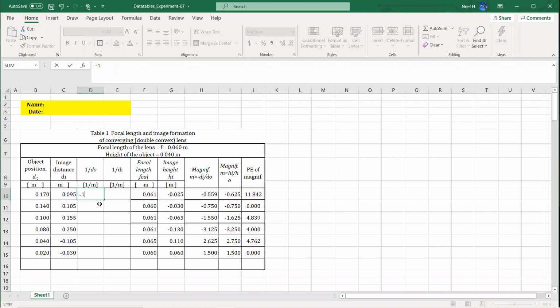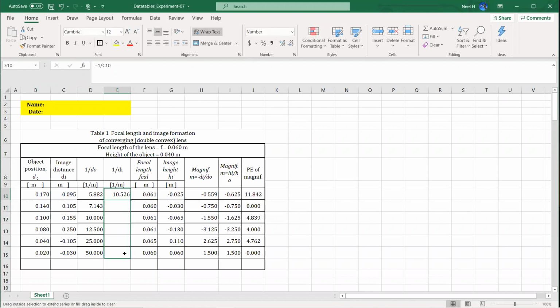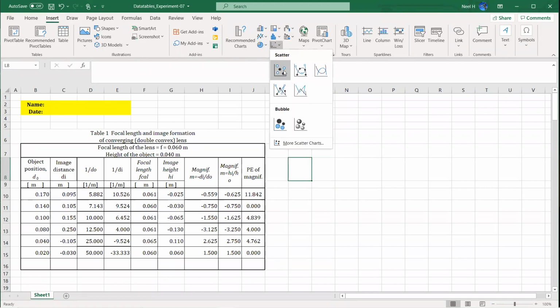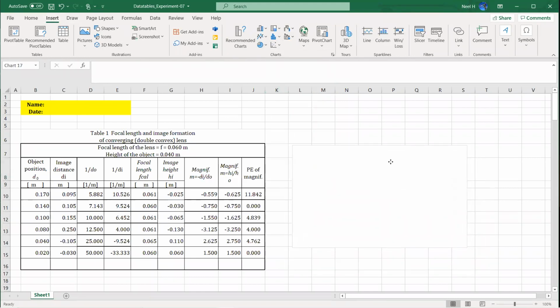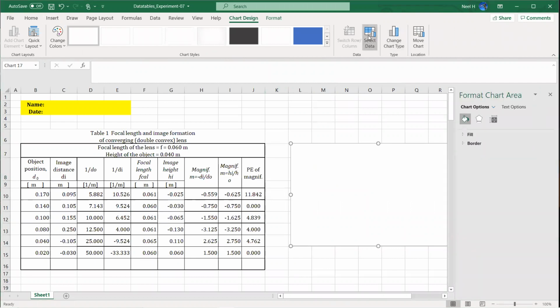Let's calculate that 1 over d0 and 1 over di. The graph should be 1 over d0 versus 1 over di. By using the intercept of that, like you did for the last experiment, we can find the focal point. Okay, so let's insert the graph, scatter plot always, add the data,